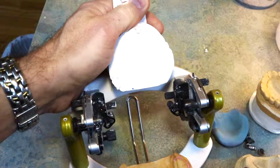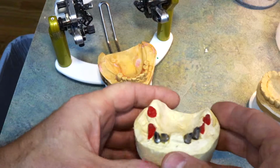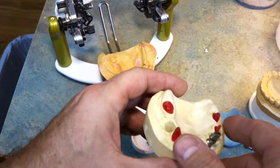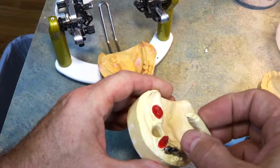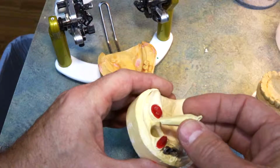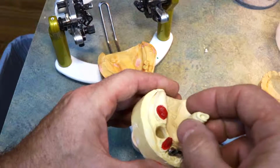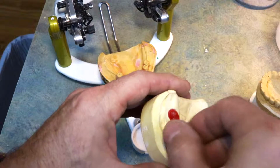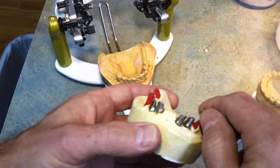Working cast for the phase we're at. We have the tooth-borne framework constructed, and we have one indirect die because of the type of impression that had to be done. Doctor took a separate small impression just to get a good impression of this post canal, and I made an indirect die of that fitting on this cast,